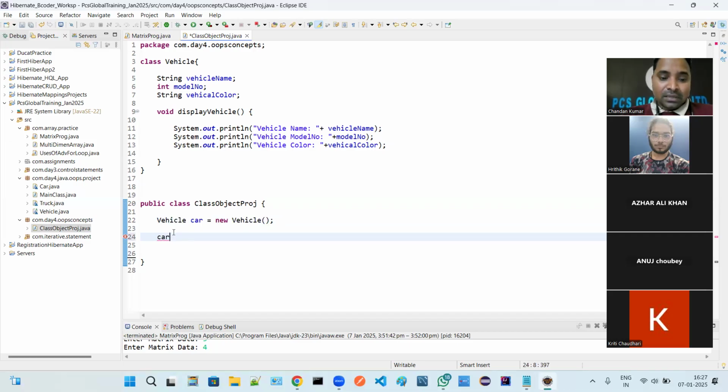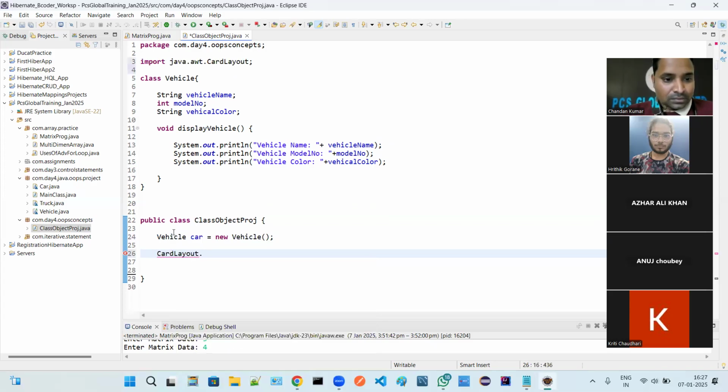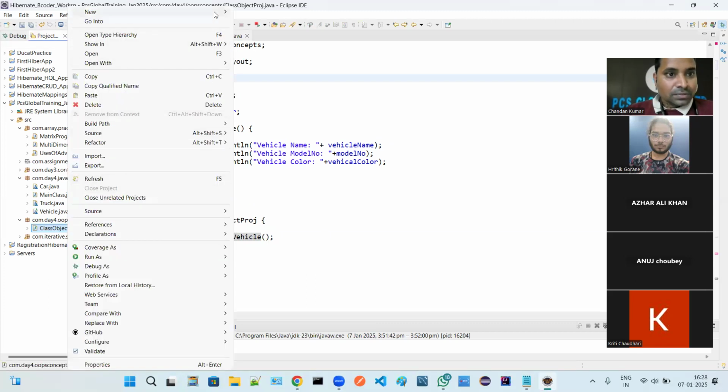Object name, then we'll use the dot. Why is it not visible to all of us? It is hidden, right? Yes, car. It is hidden. So let me do one thing. Let me rename this. I will show you why it is hidden.